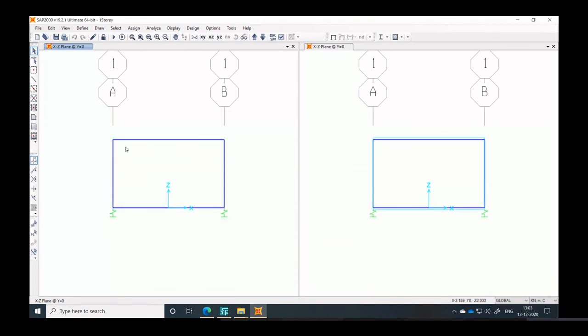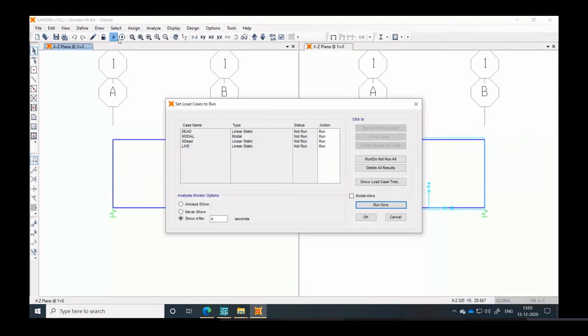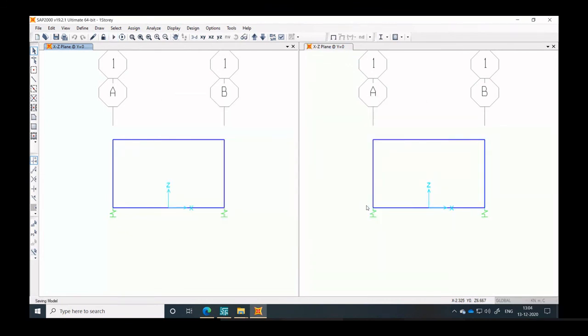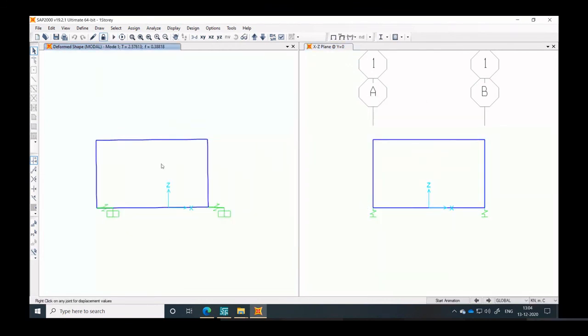Now, when I do the analysis, you see whether there is any deformation in the superstructure in the first mode or not. Can you see? Is there any deformation in the superstructure? Most of the response is contributed through the deformation in the isolator, and you can see it is almost moving like a rigid body.